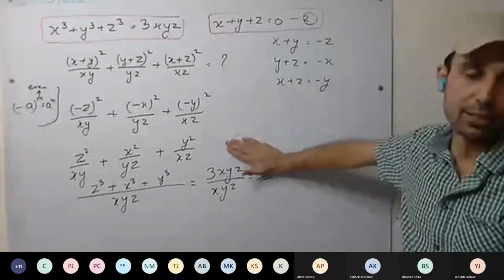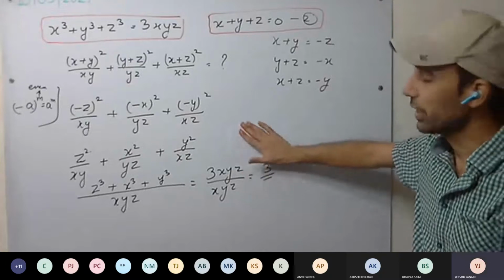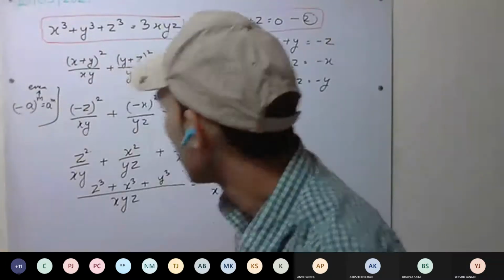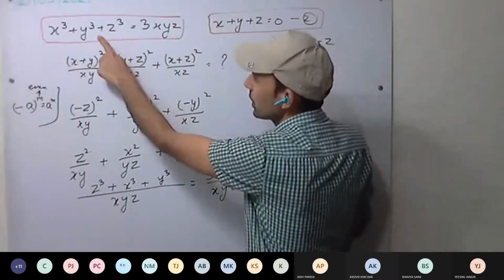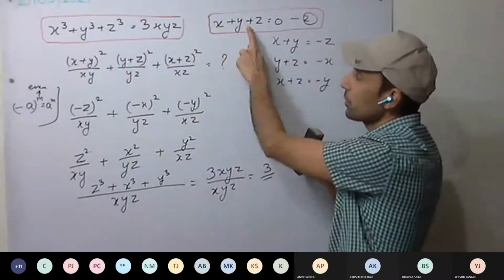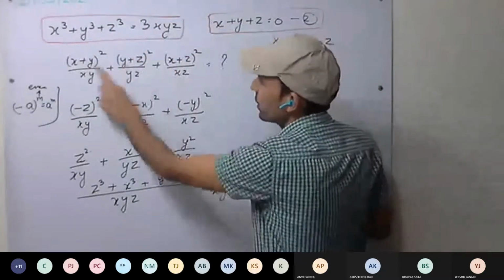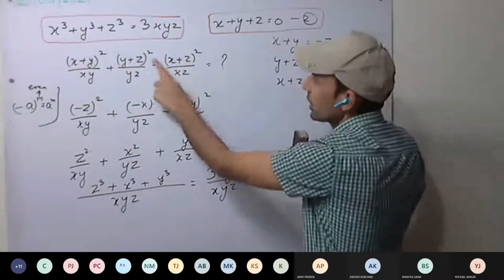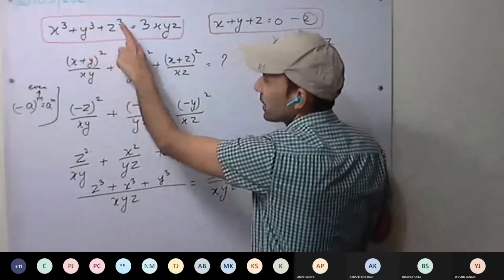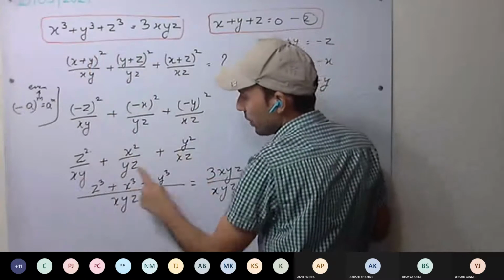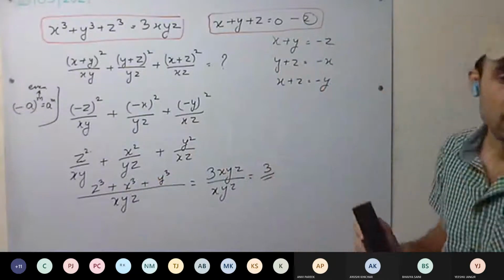This is clear to everyone? Anyone having doubt? Anyone in class? No one? Okay, everyone has understood? This is being given: sum of the variables, sum of their cubes. This is being given and we have to make use of these two here. So x plus y we can replace this here. We have replaced, we got this one. We need x cube, y cube and z cube. If we take the LCM, it will be z cube, x cube and we can replace it. Understood? Now do the first one.